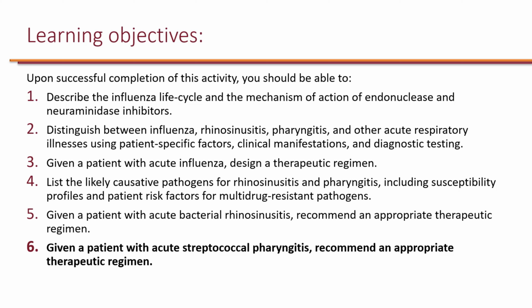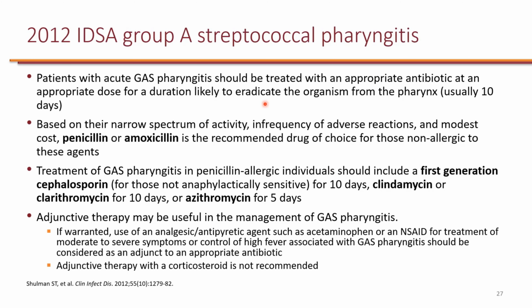Now, given a patient with acute streptococcal pharyngitis, let's recommend an appropriate therapeutic regimen. These are the recommendations from the 2012 IDSA guidelines specifically for Group A streptococcal pharyngitis. Group A streptococcus is Streptococcus pyogenes, so GAS is short for Group A streptococcal. They do recommend that patients with Group A strep pharyngitis be treated with antibiotics, and the duration is